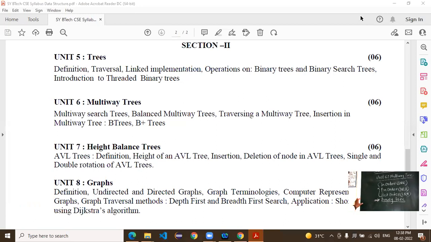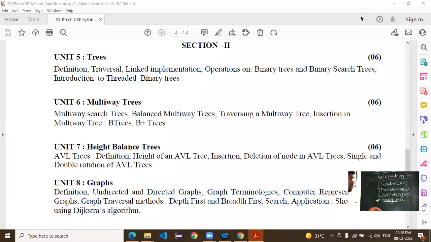Now in the binary tree, how many children are we considering for a single root, for any root? Either no children, one child, or two children.